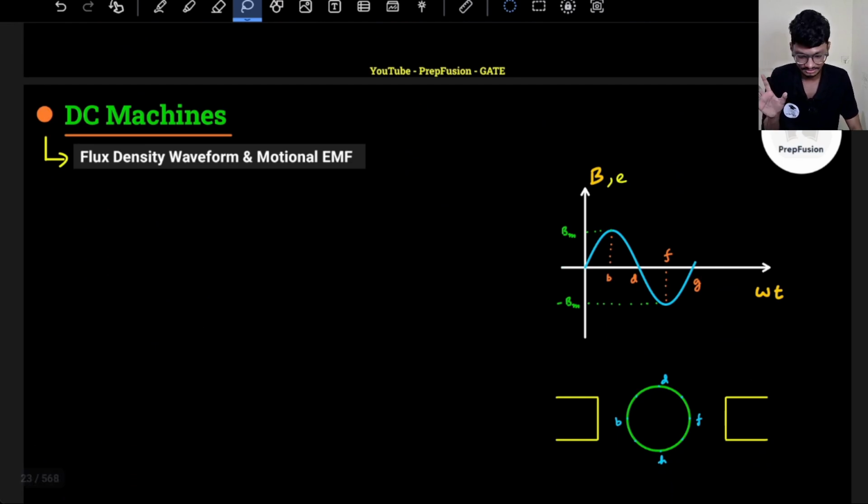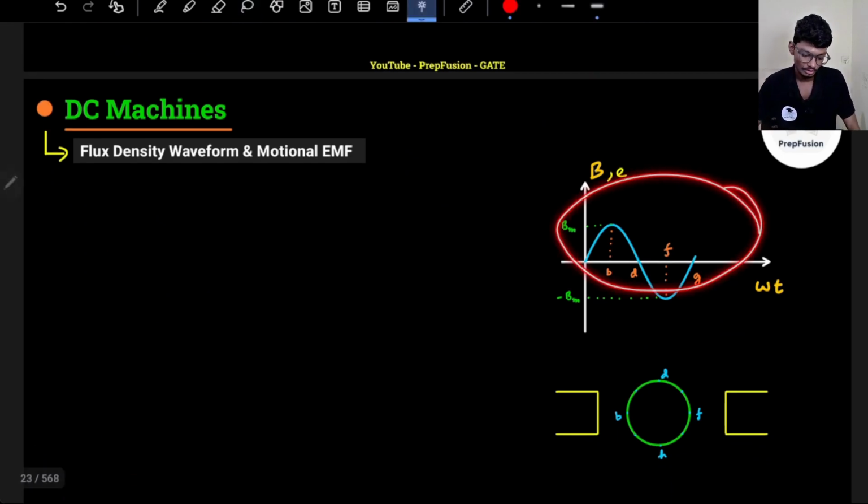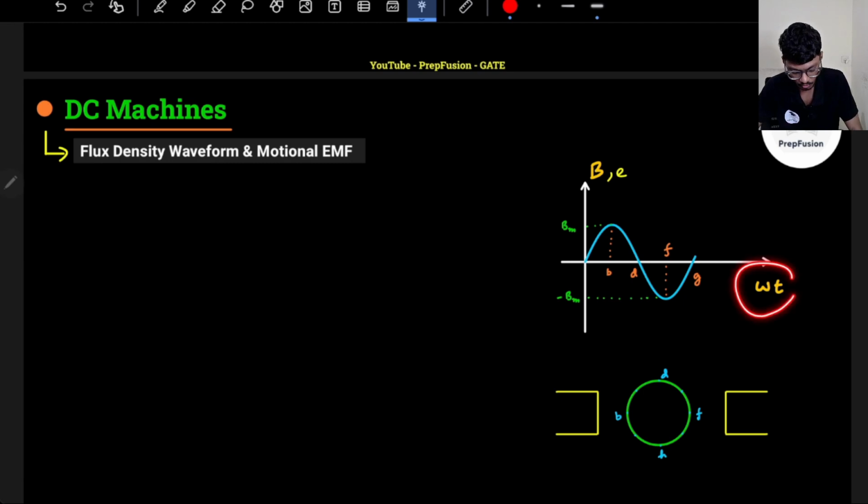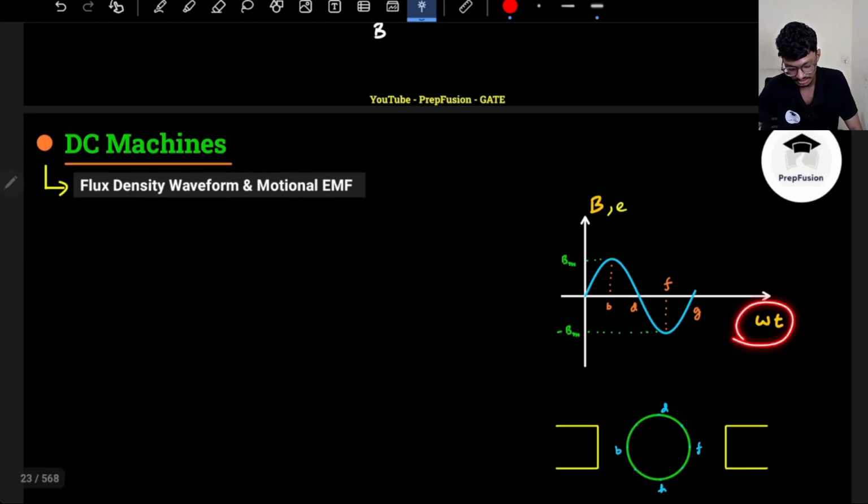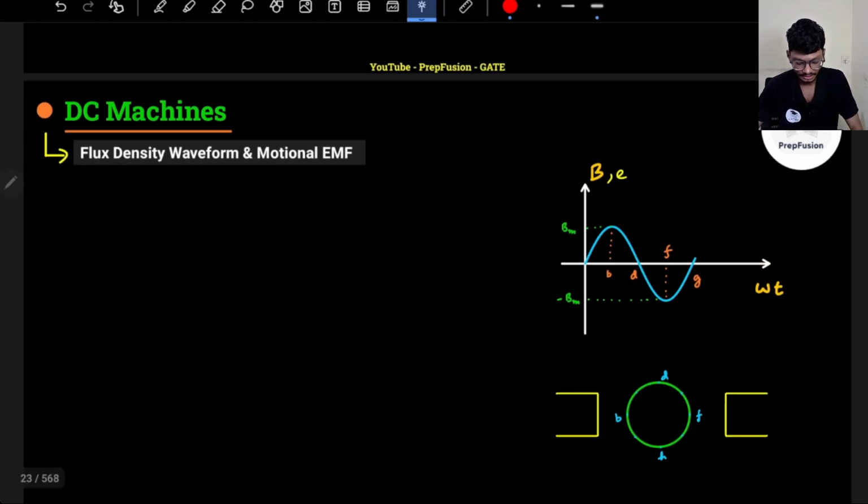We have already discussed this flux density waveform. There is a very important relationship here. What is this omega t? Remember, this omega t is with respect to an electrical quantity. How will I explain? Currently, if I have two poles, only north and south pole,